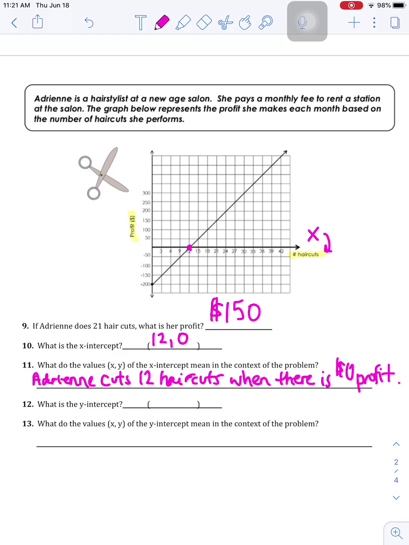Now, what is the y-intercept? According to the graph, y is our profit, right? So our y-intercept is down at negative 200. So that's 0, negative 200. And they want to know, what do these values represent in the context of the problem? Well, always start with your x, right? When Adrienne does 0 haircuts,